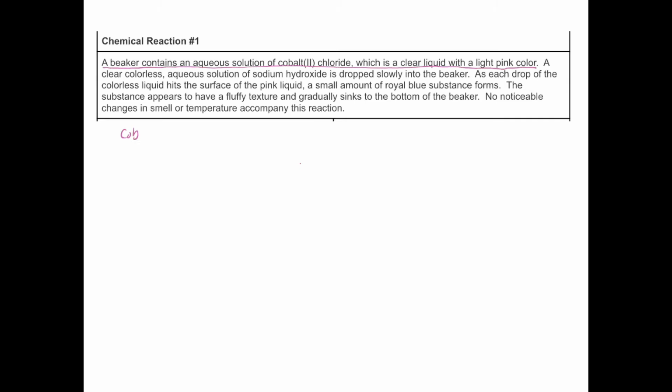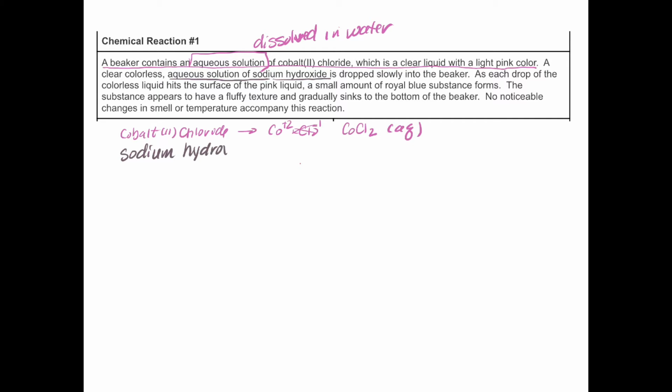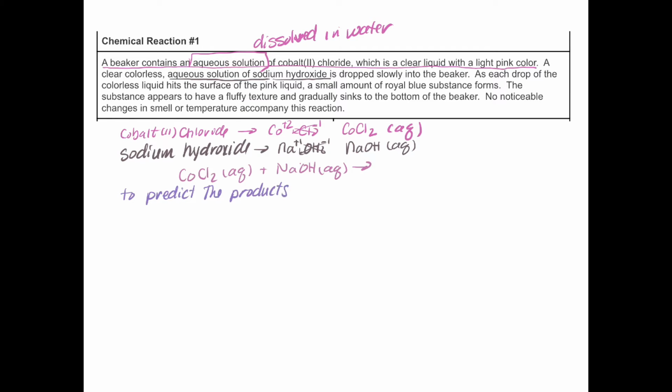All right, so now we're going to look at chemical reaction 1, and here we've got a beaker of cobalt(II) chloride, which is CoCl2, dissolved in water, which means it's aqueous. And then we have sodium hydroxide, so that's Na with a +1 and hydroxide with a -1, so we get NaOH. And that's also dissolved in water, so it's aqueous. So here are 2 reactants and their states, and now we're going to try to predict the products by classifying